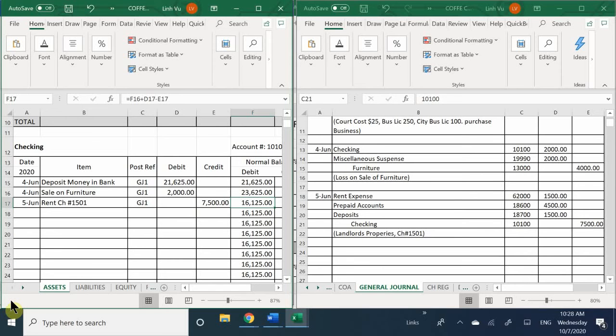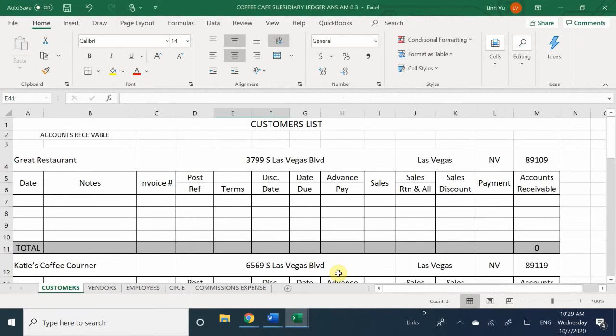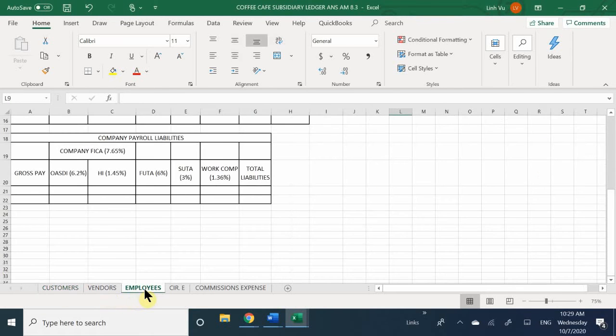Now, we finished the general ledger. Now I'm going to be introducing to you the subsidiary ledger. So if you pop that one out or pull it out, whatever you want to do. Now, what the subsidiary ledger is, again, it's a list of all your customers, your vendors, your employees, and basically